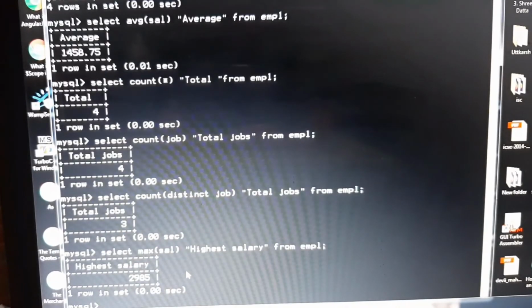So the highest salary that till now I have been putting is 2,985. Similar is the case with min also.